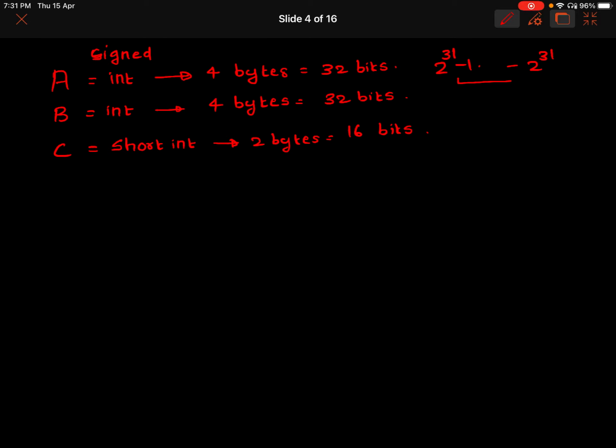Okay, this is the range for this. For this, it is 2 raised to 6, sorry, let me do it again. A is int, 4 bytes, B is also int, 4 bytes, C is short, which is 2 bytes.